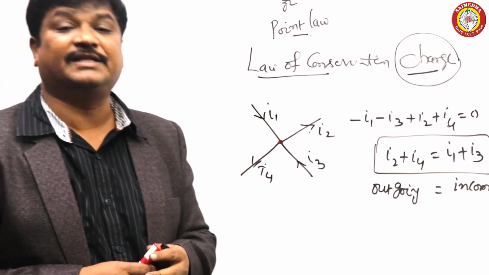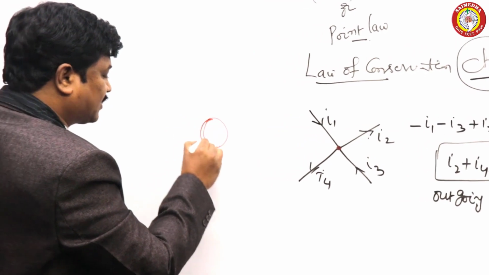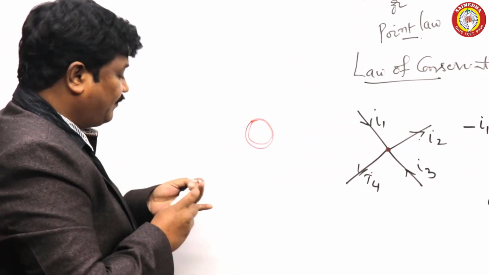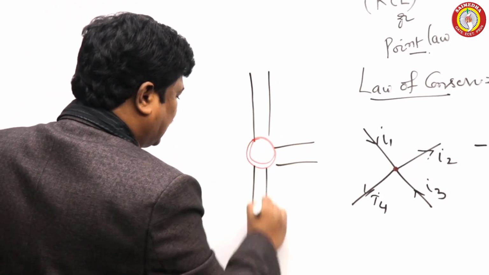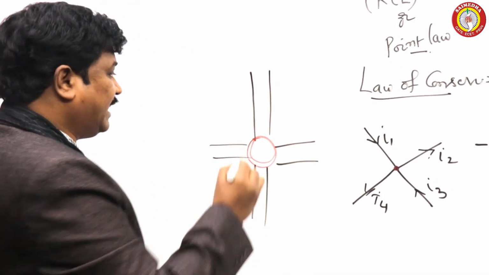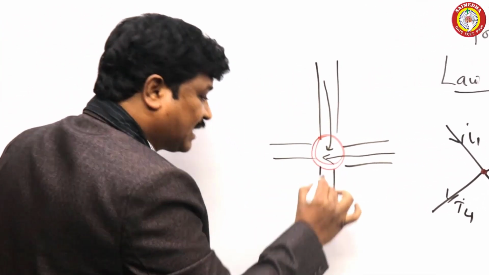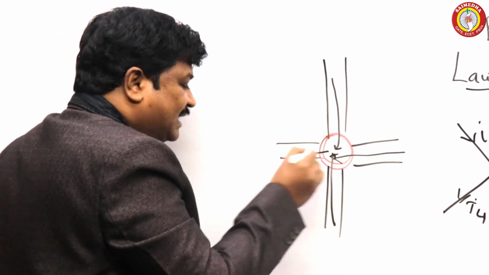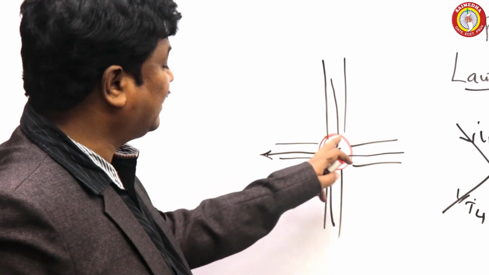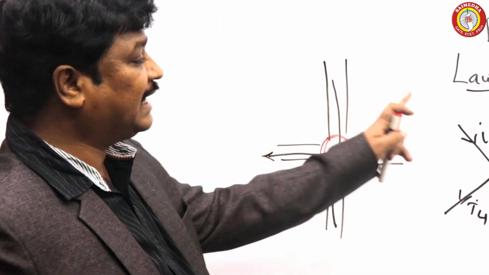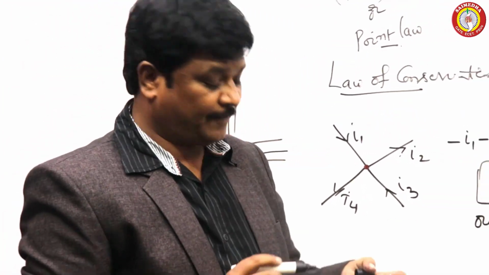This is Kirchhoff's current law. Take this traffic junction with roads: this is one road, another road, another road. Some vehicles are coming from these roads. All of these must leave from this node, and should not come back like this, because the resultant at this junction should be 0. That is very simple to understand what Kirchhoff's current law is.